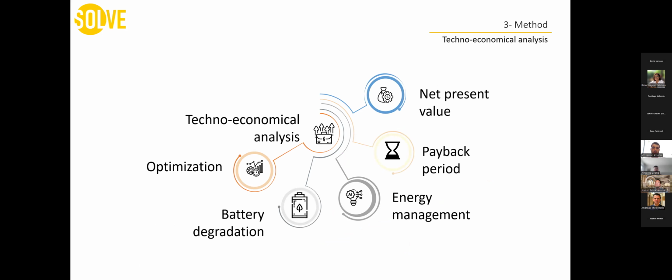And when we look also to the technical aspect of the battery degradation, there were other metrics, but I put the key elements which we have investigated. Now the input for our model